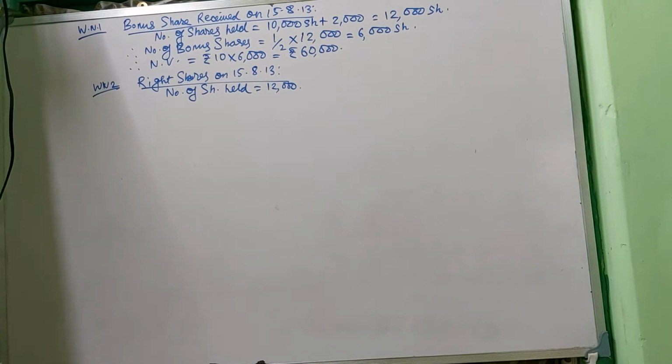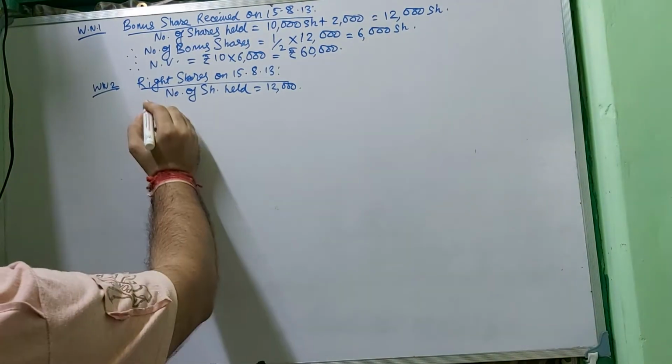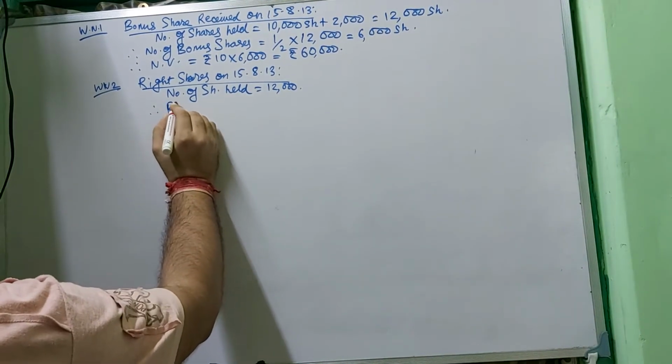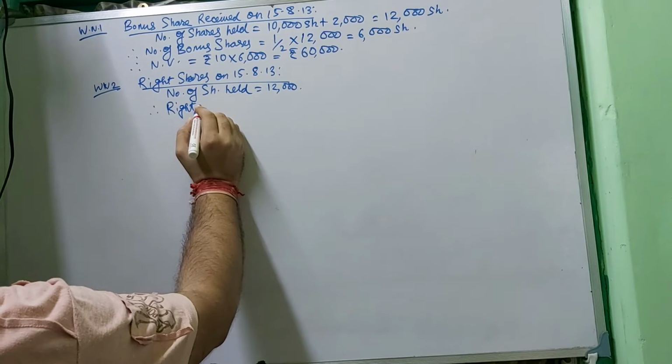Although it has not been mentioned in the problem whether the issue of shares is right cum issue or held issue, it has not been mentioned. So bonus shares should not be included within the shares held to find out the right. Okay, I will not include the bonus shares to find out the right. So right entitlement will be 2/3. You know that, 2 for 3 shares.